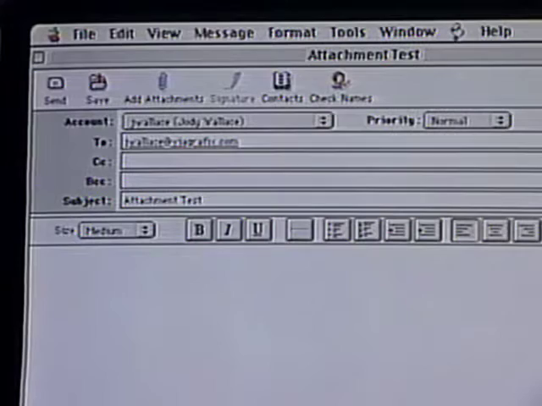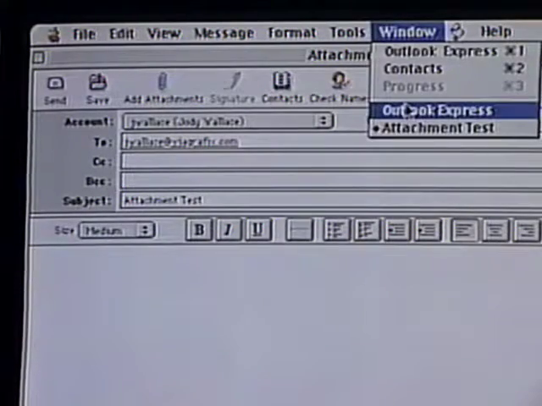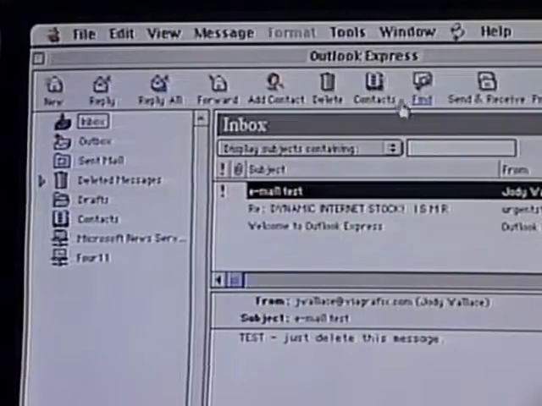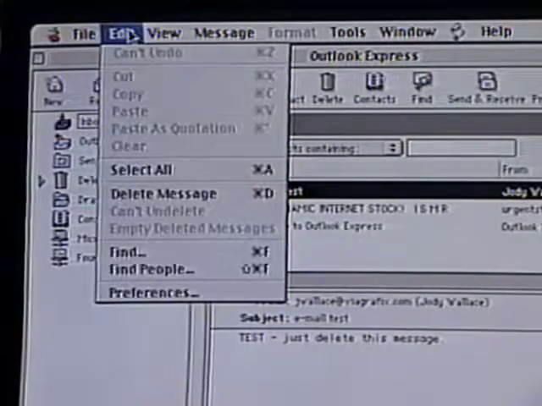If we were to select the Send button right now, our message would be immediately sent to the recipient. Because we want to postpone sending it for a short while and place this piece of mail in the Outbox, we need to adjust our preferences. So first, let's go to the Outlook window by opening the Window menu and selecting Outlook Express. Doing this won't send our message, it only changes the view. Now we open the Edit menu and